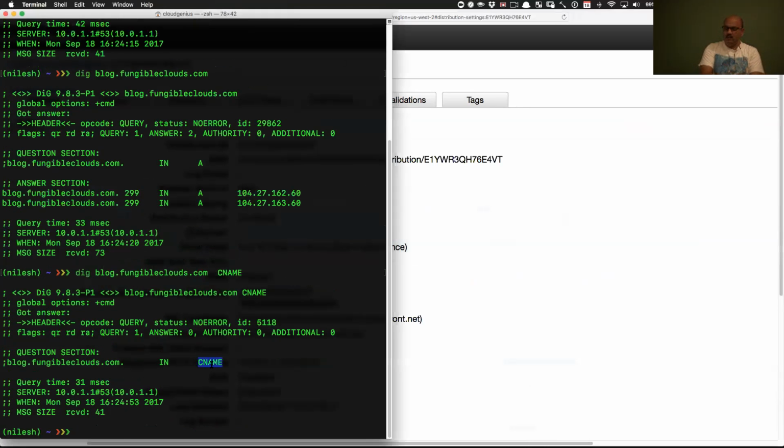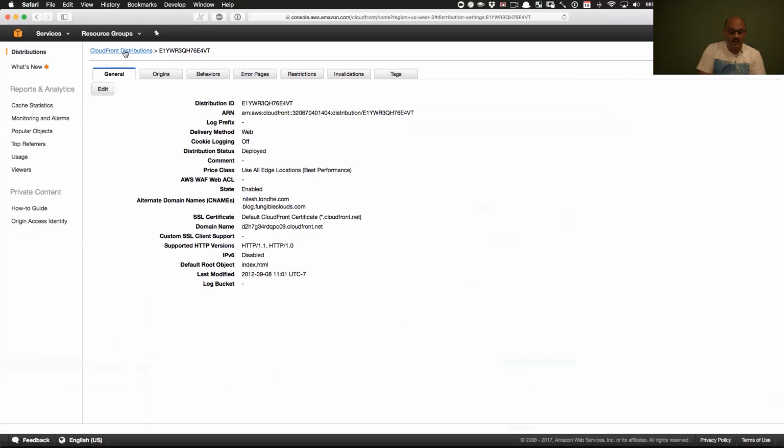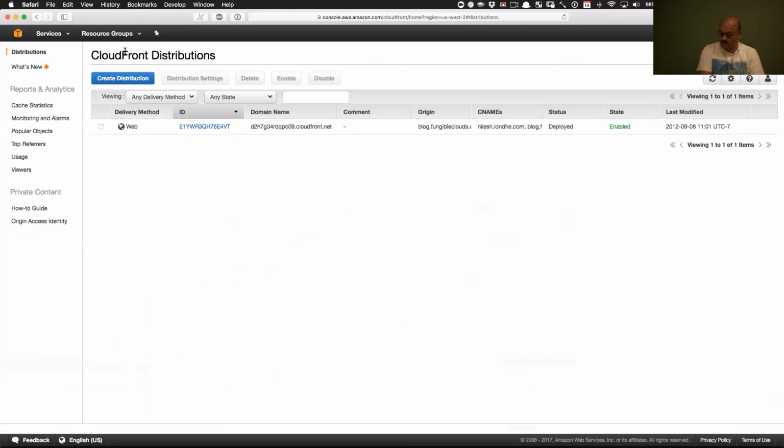So we will not look at this example. We'll create a new one. Something is wrong. I'm not seeing what I'm expecting to see. So I am going to leave this example alone. I'm going to build a new one. What I will do is go back to CloudFront distributions, ignore this example, and let's build something new, something